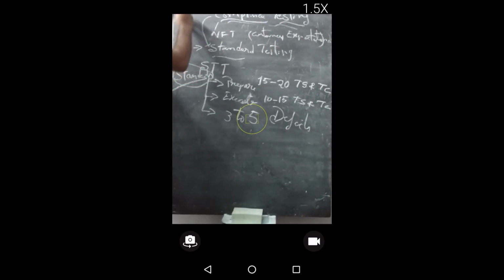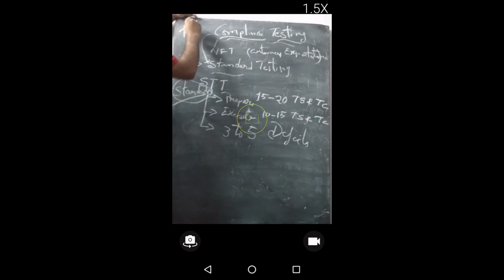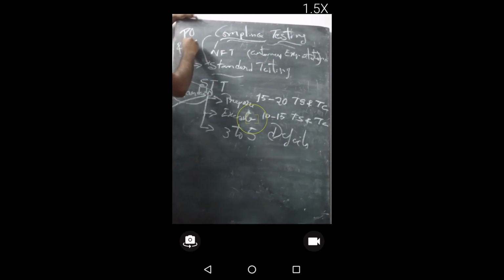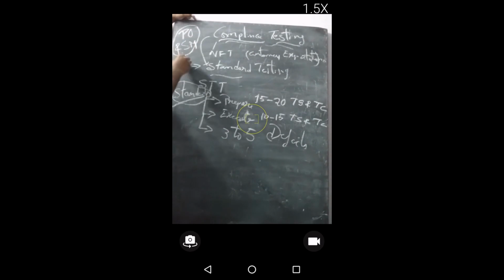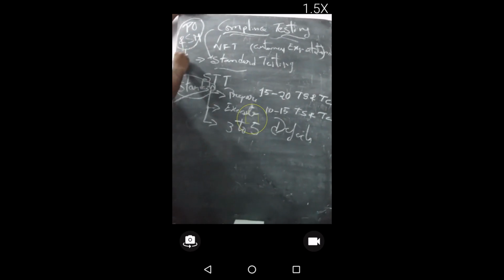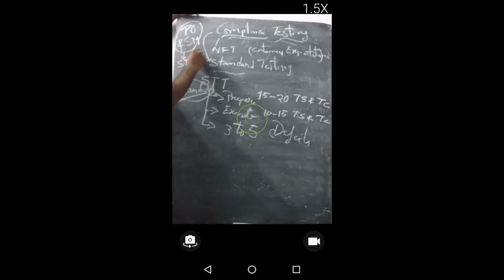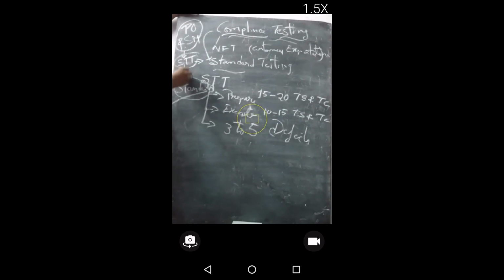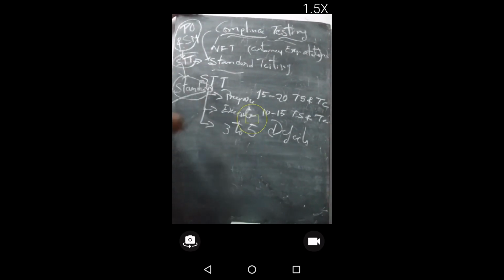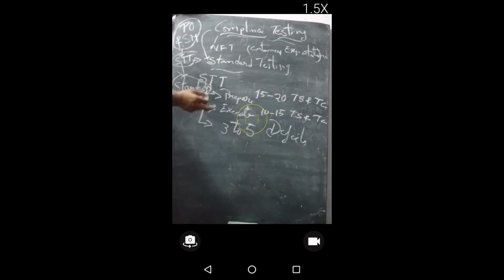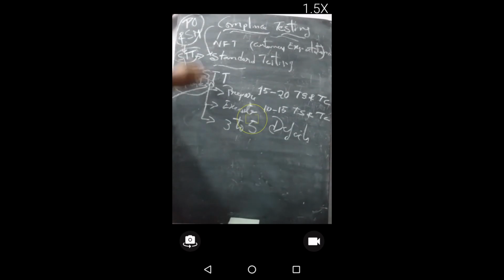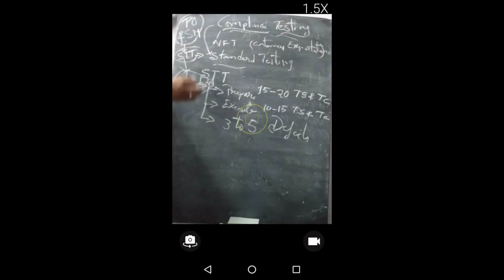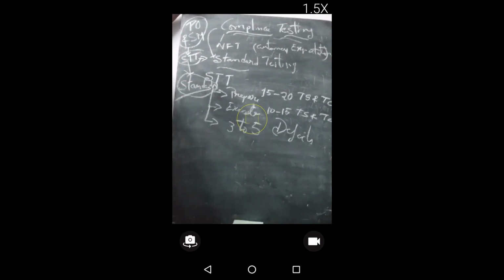As a PO and Scrum Master, these two company people need to test the Scrum team testers as to whether they are following the company standards or not. Company standards are like this. They need to prepare 15 to 20 test scenarios and test cases, and they need to execute 10 to 15 test scenarios and test cases, and they need to raise 3 to 5 defects in one day.